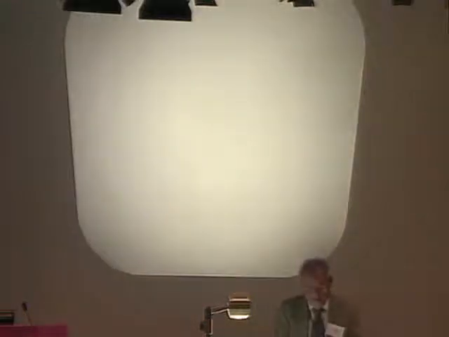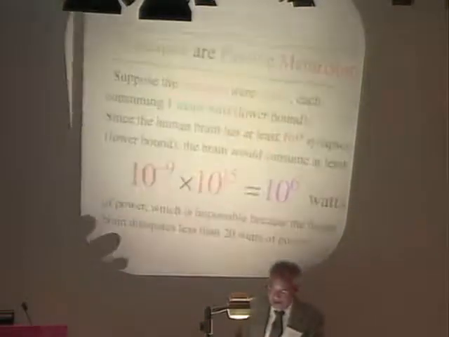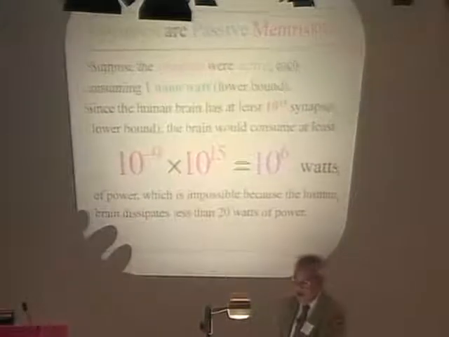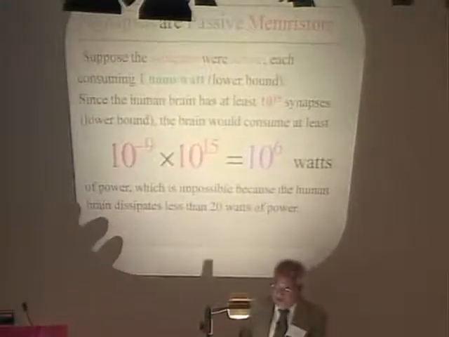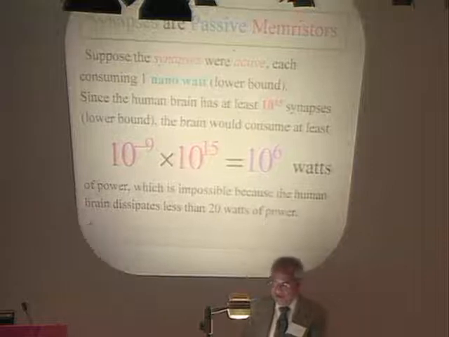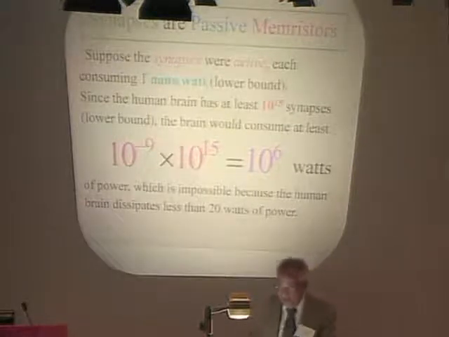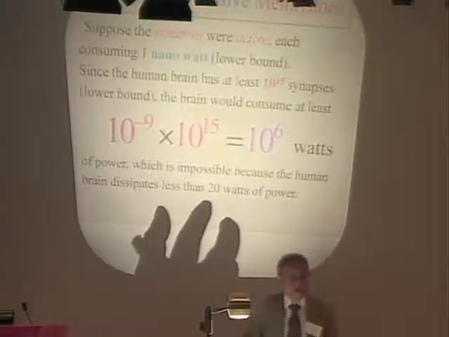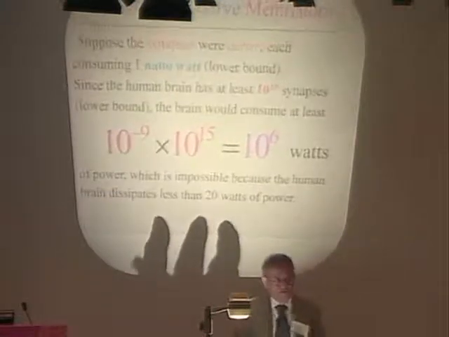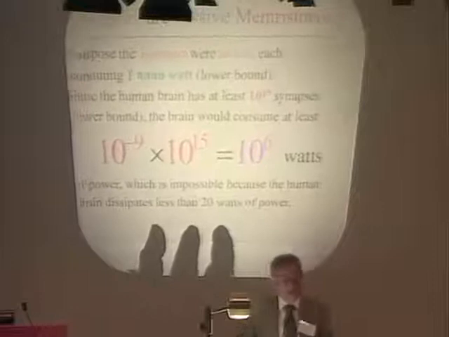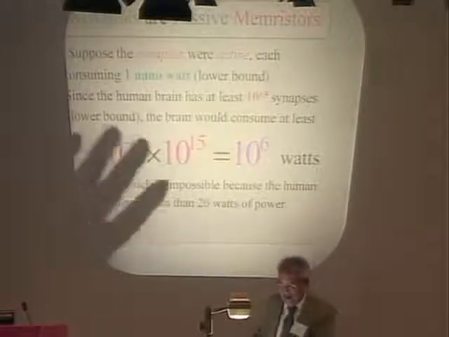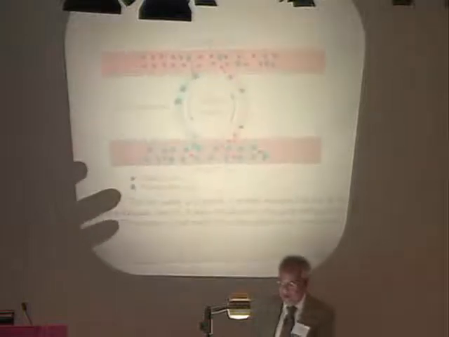The reason, by the way, that synapses have got to be non-volatile is because there are so many synapses. And if you just assume that each consumes only 1 nanowatt of power, you would find out that we would require 10 to the 6 nanowatts, or 1 megawatt, to power your brain. And we know that our brain consumes less than 20 watts of power. So synapses got to be non-volatile. Whereas axons are locally active, you need a power supply, and the power supply is known.